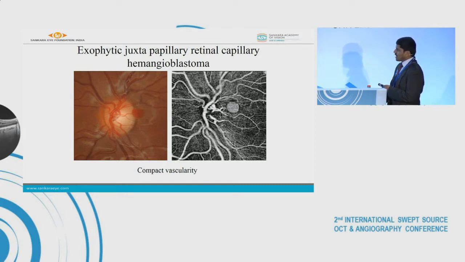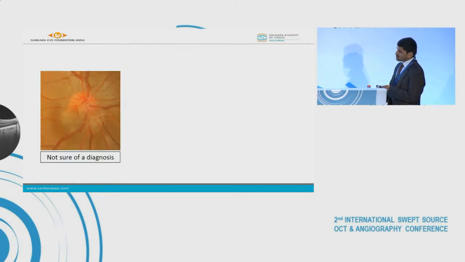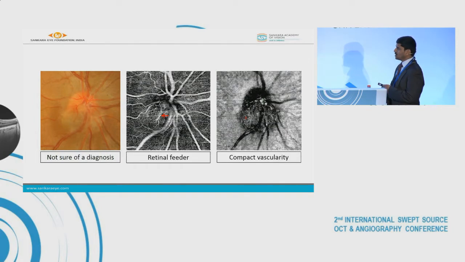On OCTA, as we see in a peripheral retinal capillary hemangioblastoma, it has a compact vascular signal with hardly any intervening spaces. But what about this? Here we see a grayish tumor, which is subretinal in location, and it's juxtapapillary. We don't know what is the diagnosis, but when we do an OCTA, we can see a retinal feeder vessel